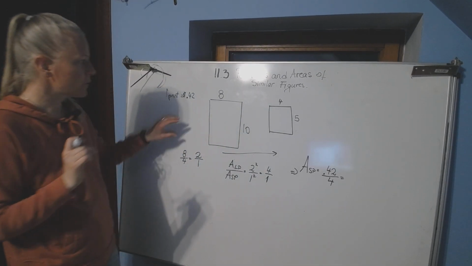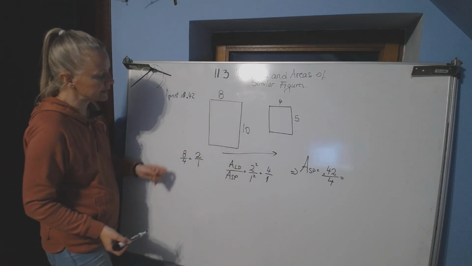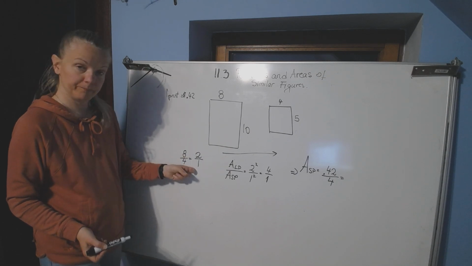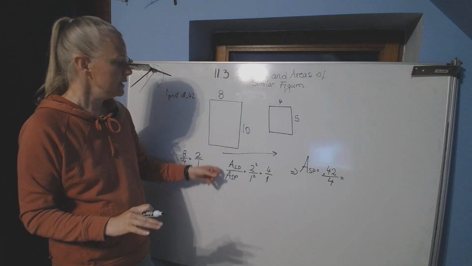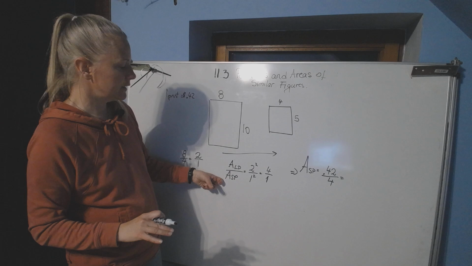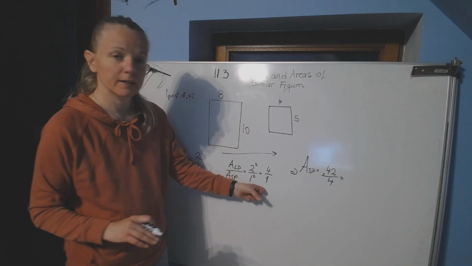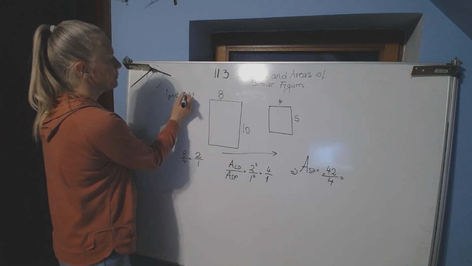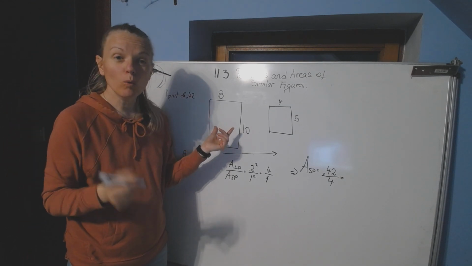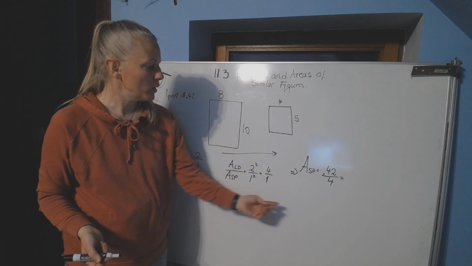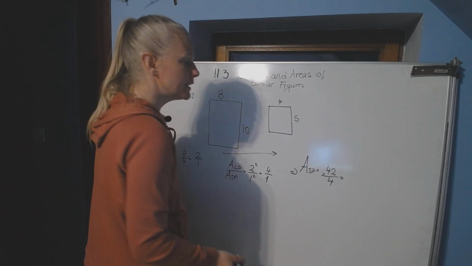Okay, so this is what we know. We're going from an 8 by 10 to a 4 by 5. The ratio still goes left to right. So your ratio right now is 8 over 4 or 2 over 1. We're going to need to deal with area. Again, this is a picture. You print the entire area, right? The area of a larger print, 8 by 10, over the area of a smaller print, 4 by 5, is going to be 2 squared over 1 squared, or 4 over 1, which means if you pay 42 cents for the larger print, you're going to pay 4 times less to get a smaller print, right? You're going to pay less for a smaller print, or 0.42 divided by 4, which is